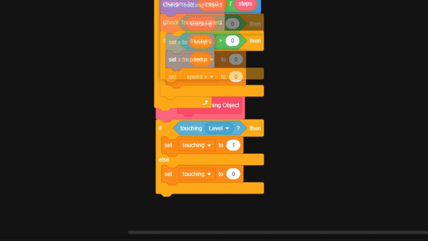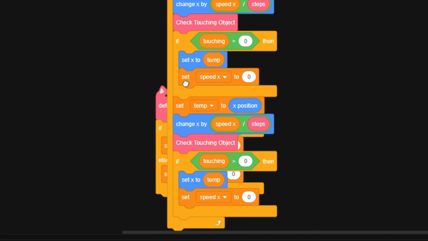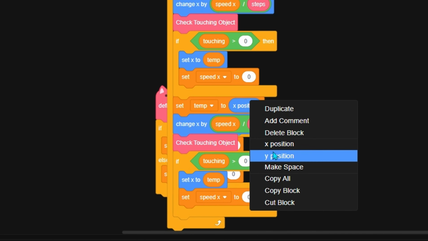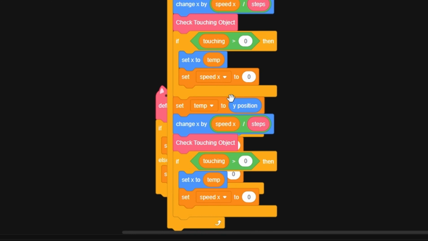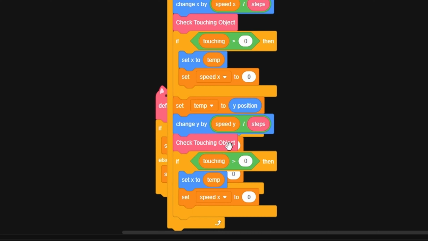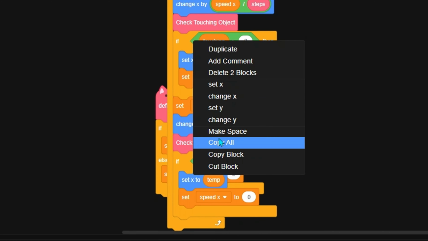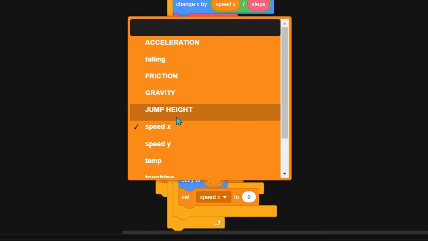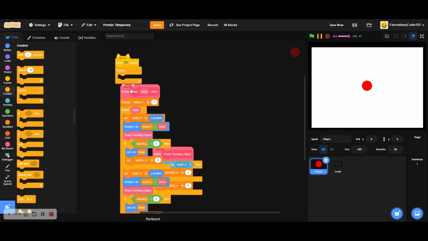Now we want to duplicate this and put it under here. So we set temp to y position, change y by speed y divided by steps, check touching object, if touching is greater than 0, we set y to temp, and we set speed y to 0. But wait,